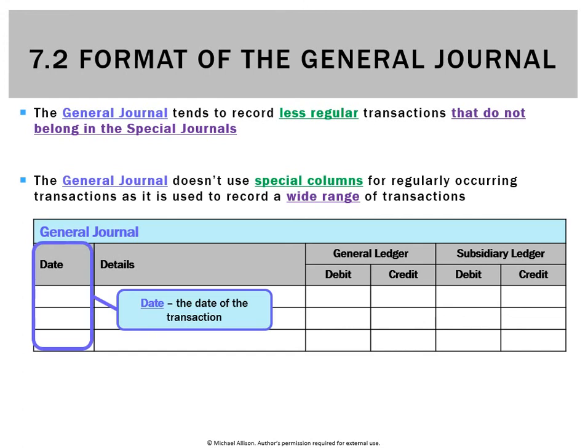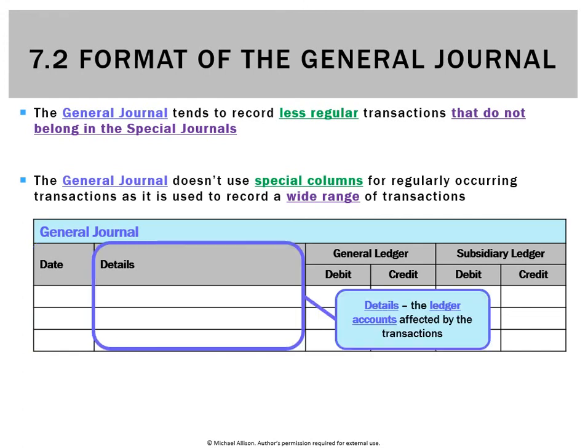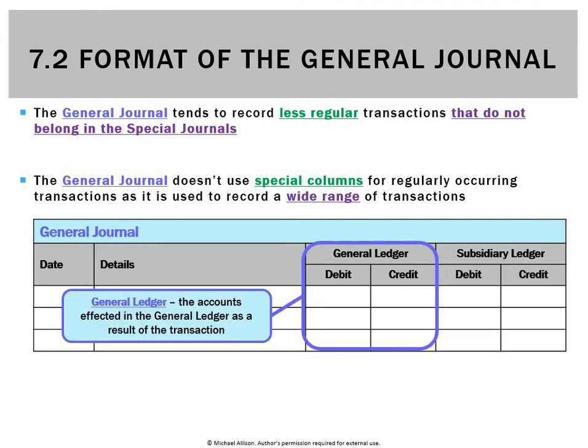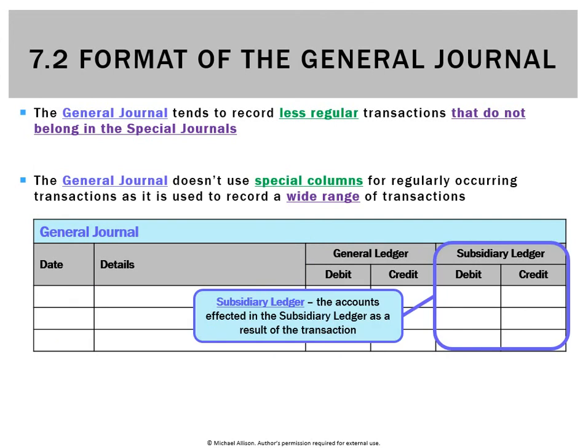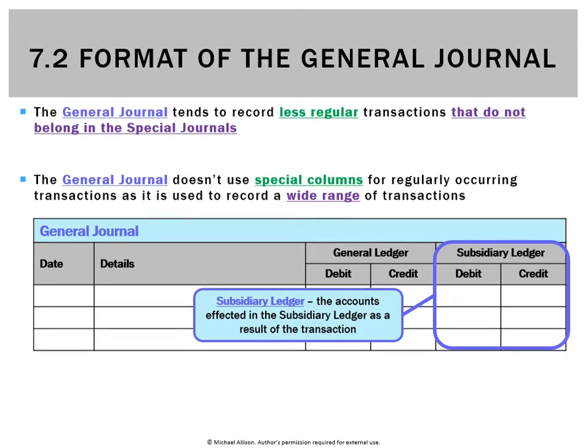keep it very simple. So we'll have a date column, a details column, that's the name of the ledger accounts which are affected by the transaction. We've then got a debit and a credit column for the general ledger. So we're actually going to do our debits and credits as we enter the transaction rather than when we post it like we did with the special journals. And then we also have the debits and credits for any subsidiary ledgers for debtors and creditors that might be